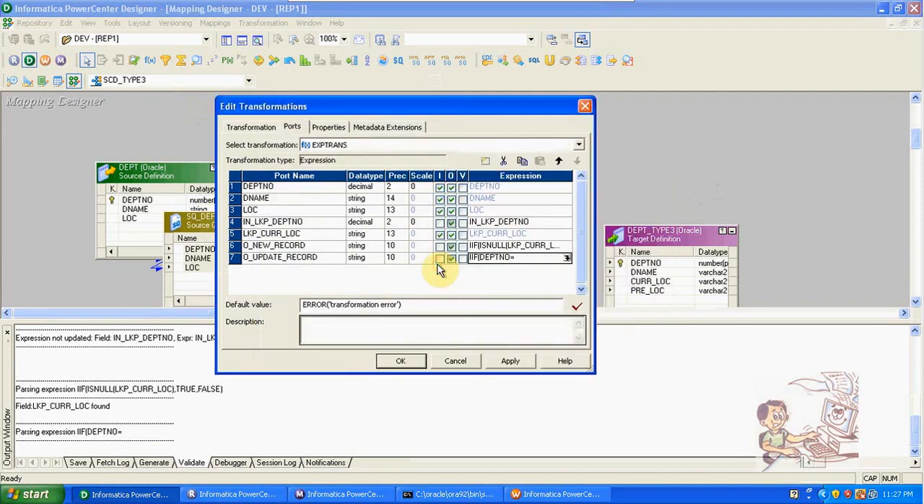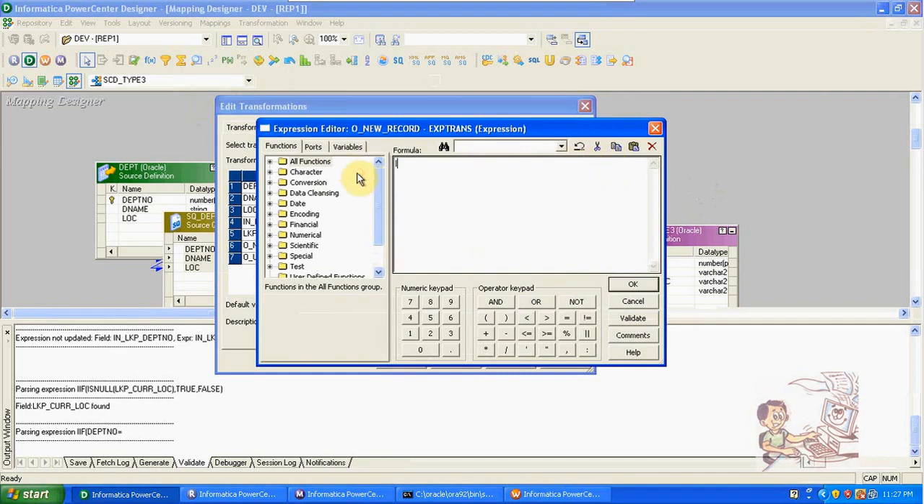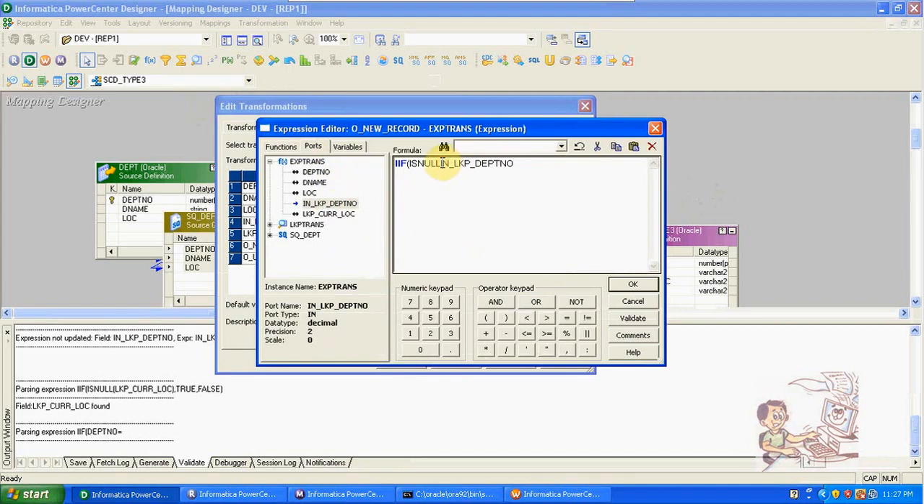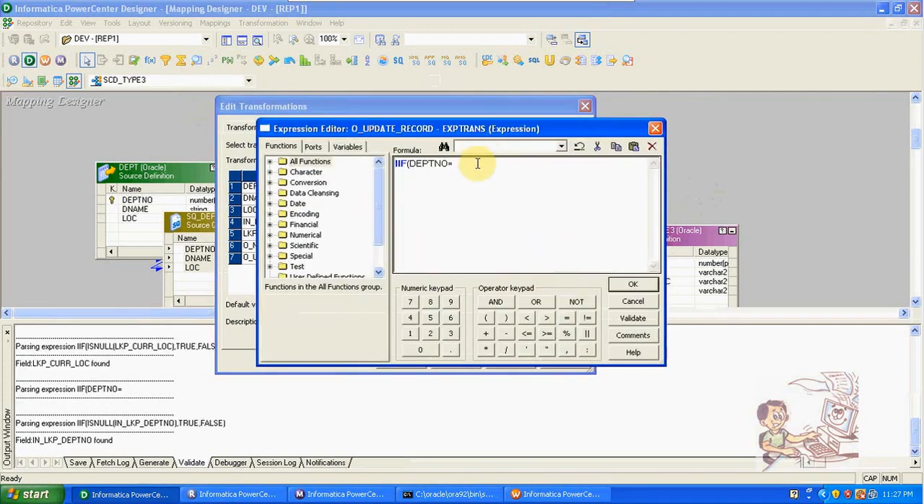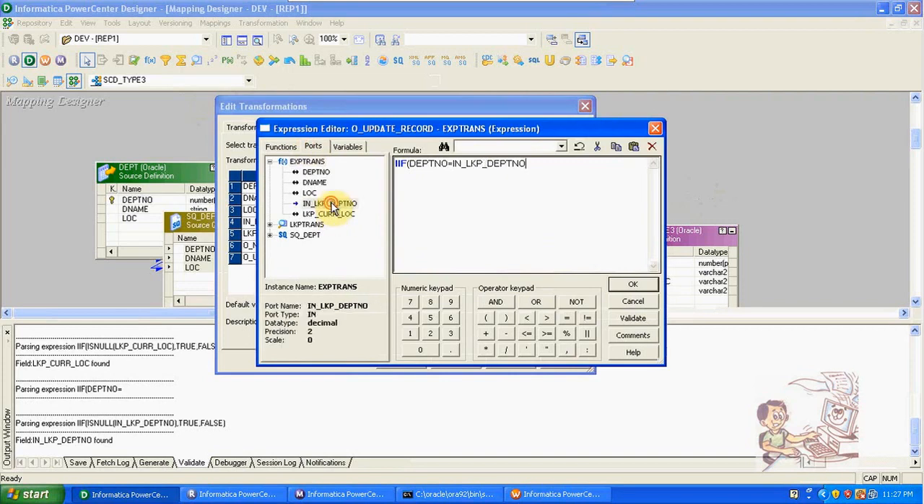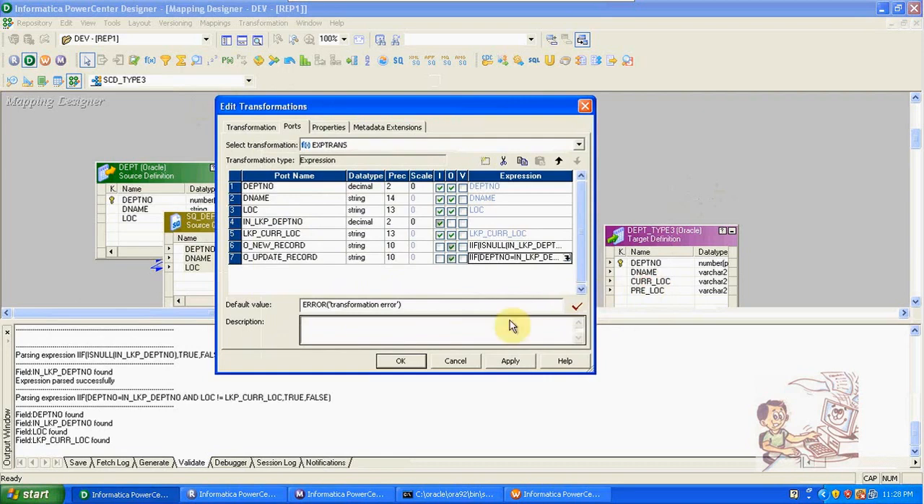Just a second. This is input, not output. We need to change the condition here. IIF of ISNULL of department number, true comma false. And this one is source department number equal to lookup department number and source location not equal to lookup location, true comma false. These are the common conditions. Okay,